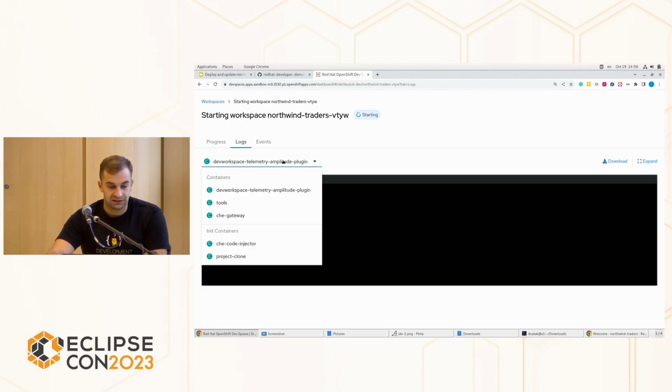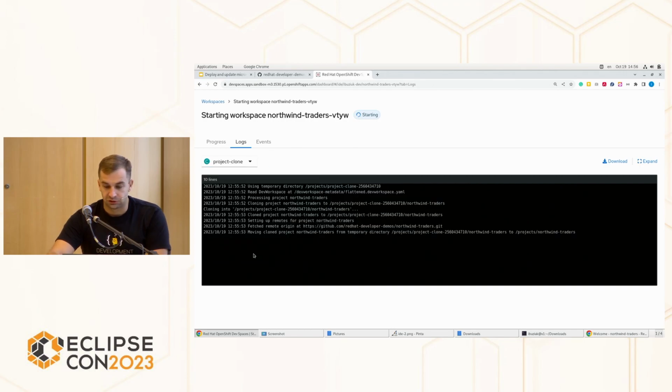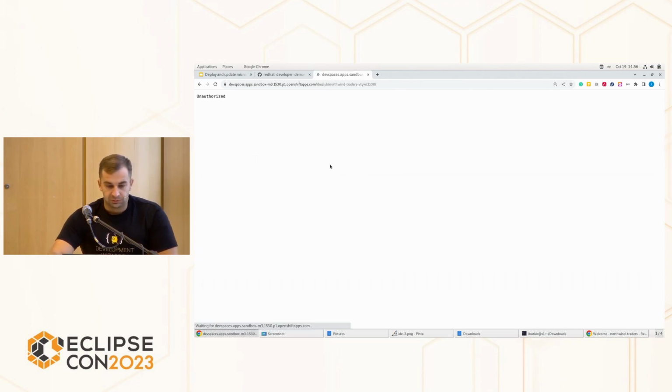Also, we have a nice logs view, so we can observe all the containers that we have. Some of them are internal, like the che-code injector, which injects the IDE into the container development environment, and project-clone, which does the project cloning during workspace startup. So the workspace is now running,